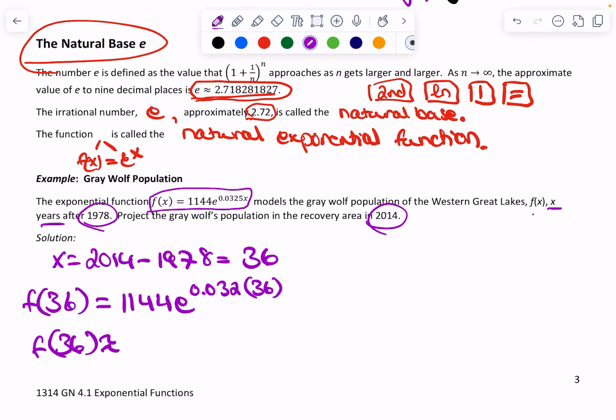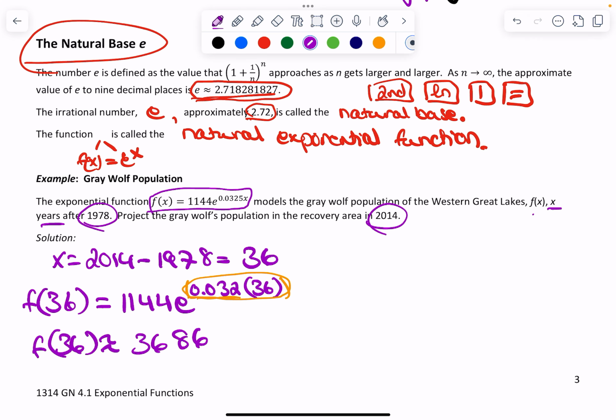Now, when you plug this in the calculator, what you need to do is make sure that it stays as the exponent, because this whole thing is the exponent, or you might need to use parentheses here so that the calculator doesn't think that only the 0.0325 is an exponent and then you multiply the whole thing by 36. But your answer should be